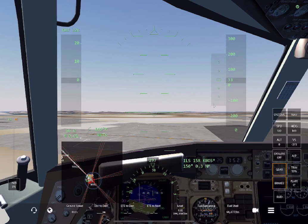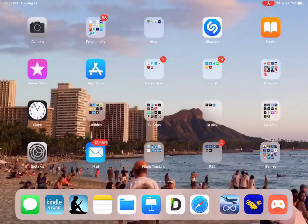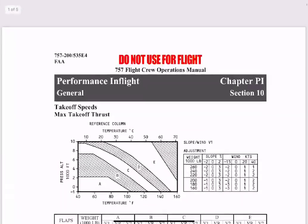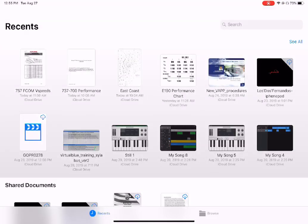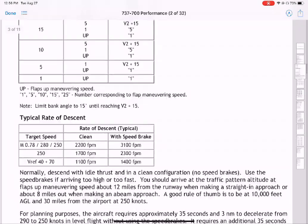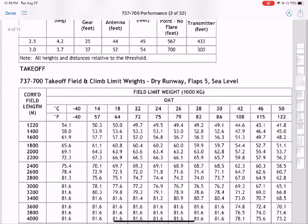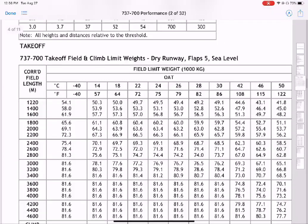She's amazing. Almost all the other planes fly by the numbers in the charts that we have. For instance, here's the numbers we use today, right? But if I go into the 737, like this one even has V speeds, right? So here's the flap speed schedule. But if I go and look at